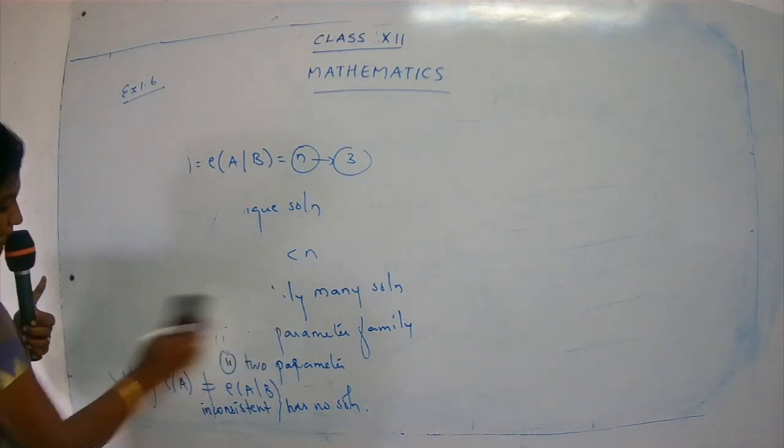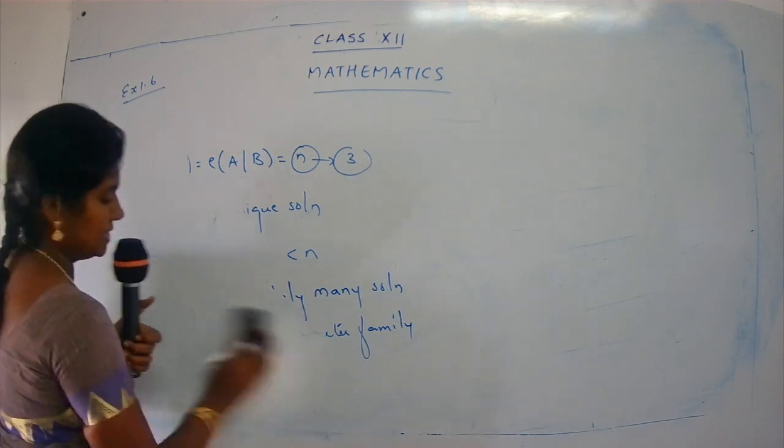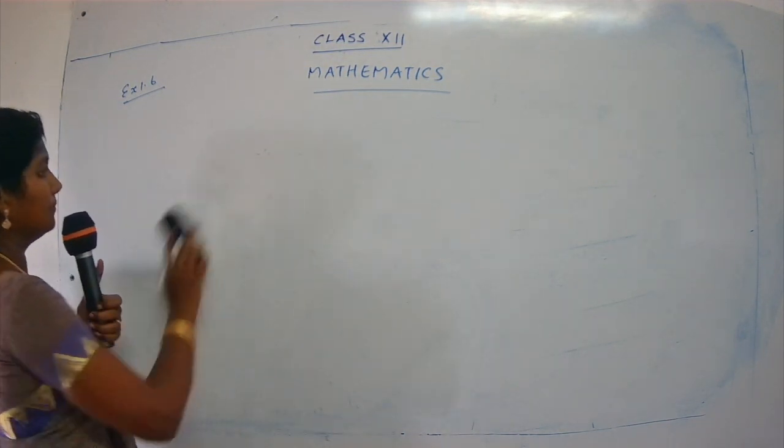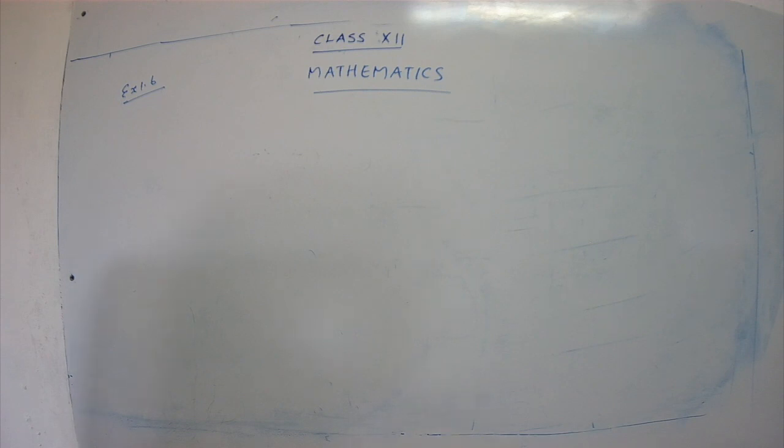So we are just going to apply the rules and we are going to get the answer. In question number 2, there are 4 things. That is, you are going to find out 4 different things. First, you are going to find out the value for k. And if the value for k you find is correct, the remaining things follow automatically. We are just going to choose the correct value and find the remaining parts. But if the first part goes wrong, everything goes wrong. So you have to be very careful when you are finding the value for k. Is it clear, children?